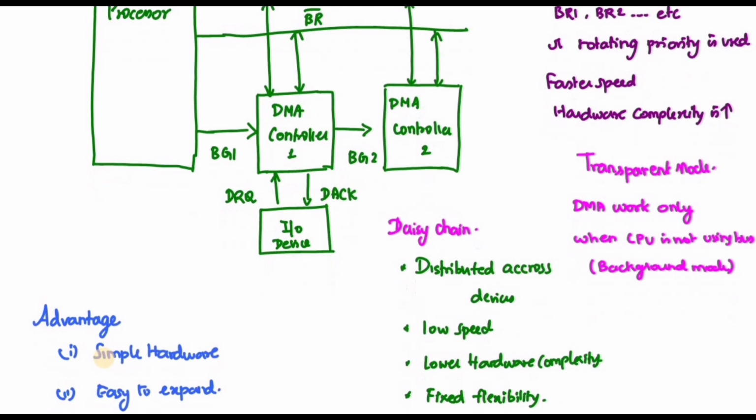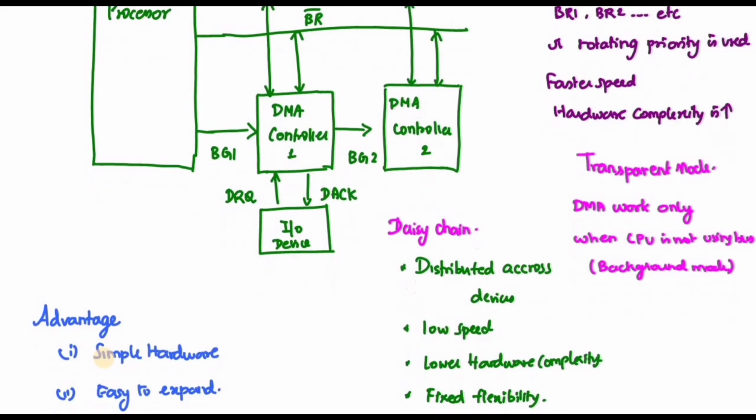Therefore it is very fast, but the hardware complexity is higher compared to the daisy chain method. The daisy chain method is nothing but distributed, where the control is distributed across the devices. Therefore it is lower speed compared to the centralized one, and it has lower hardware complexity,